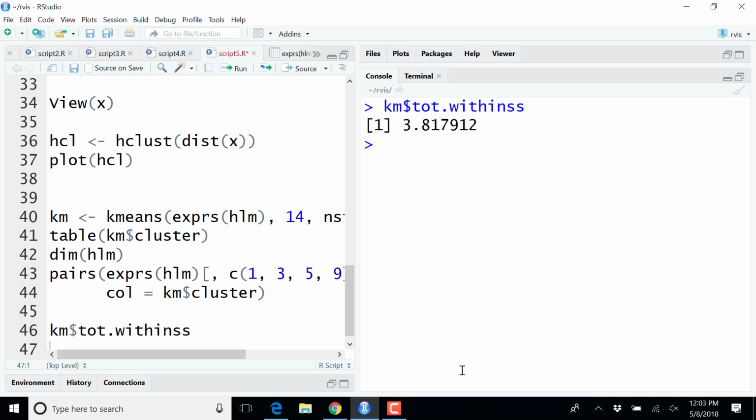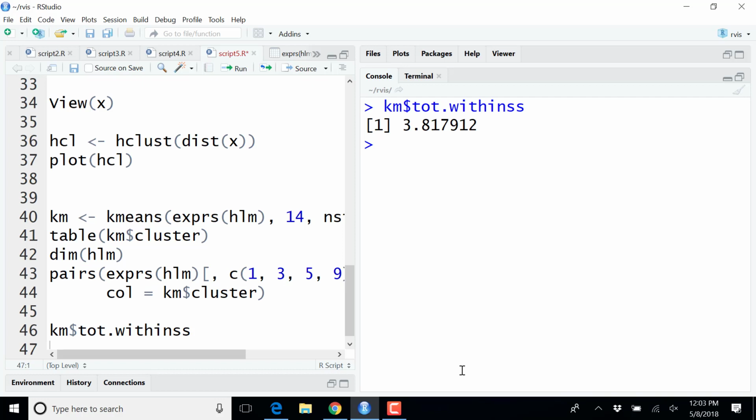So ideally what we want are small and dense clusters, and these will have relatively small within-cluster distances. If we have a result with large clusters, and calculate the within-cluster sum of square distances, and then sum them, we will end up with a total value that is bigger. So this value gives us an idea of how well our clustering algorithm performs. And this is the value that we have for 14